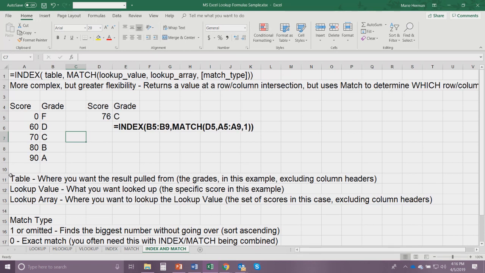So if we look down here, I have my list again. The table, where you want the result pulled from, in this case, the grades. The lookup value, what do you want to look up? In this case, it's the specific score in this example. The lookup array, where do you want to look up the lookup value? So in this case, it's the whole set of scores. So I want to look up an individual score in the whole list of scores. The match type,